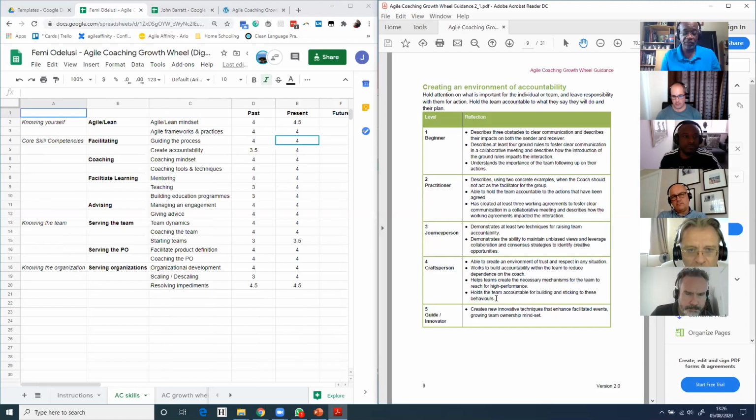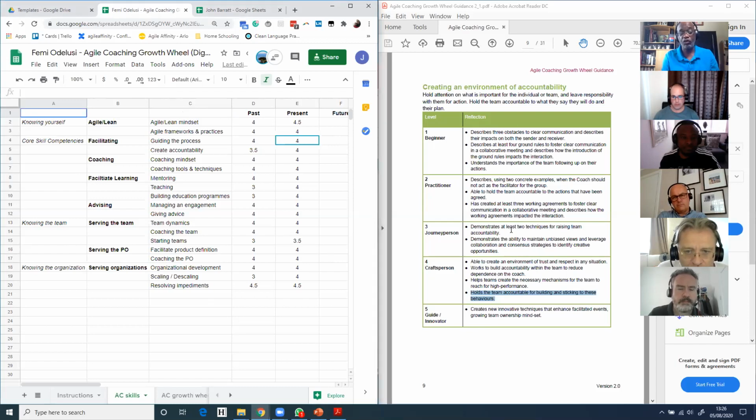Specifically, I'm able to create an environment of trust and respect in a variety of situations. I'm able to build accountability within a team to reduce dependency on the coach, so that they become self-sufficient. I'm able to help teams create the necessary mechanisms for themselves to reach high performance.